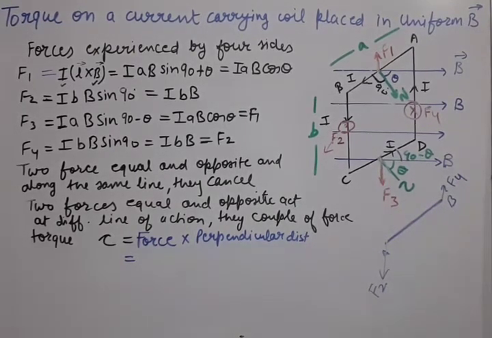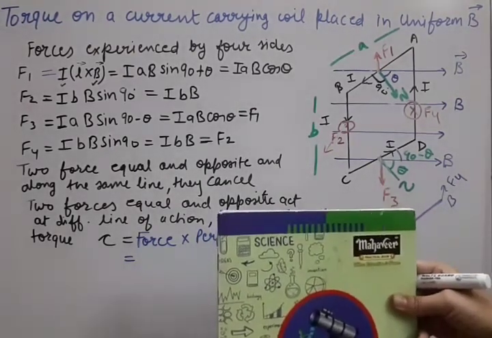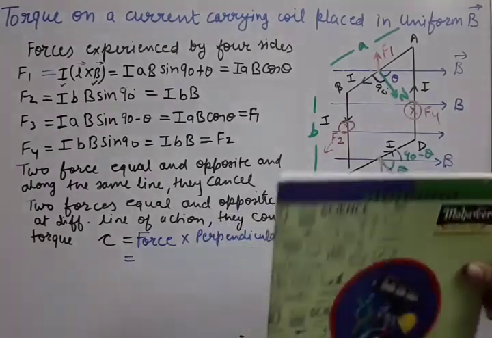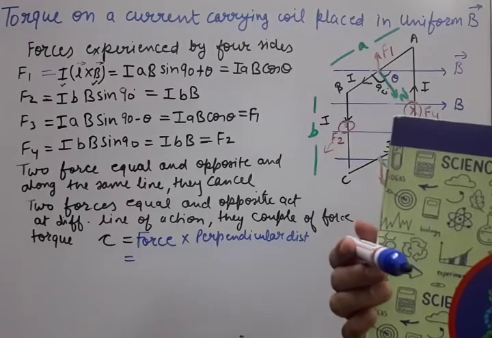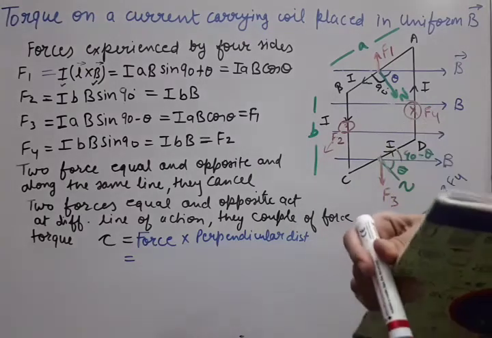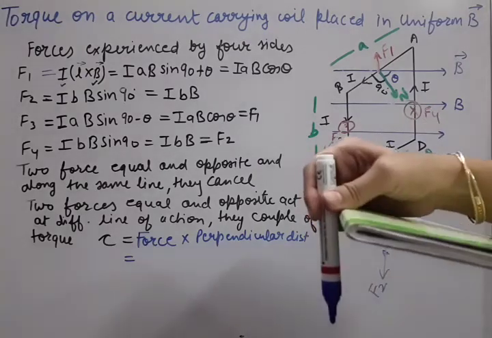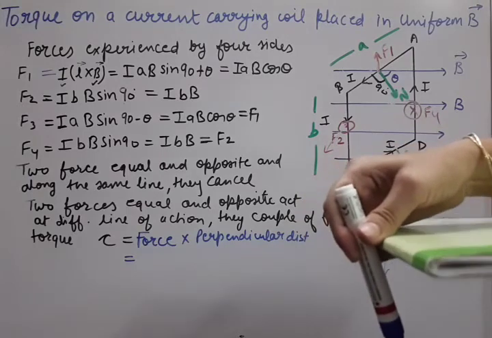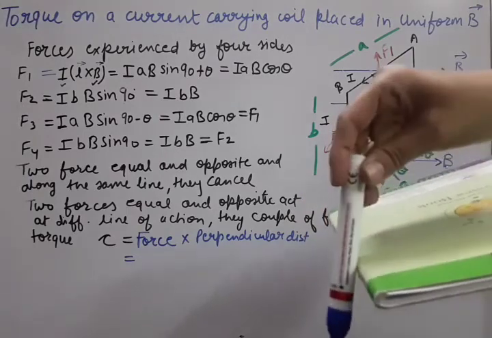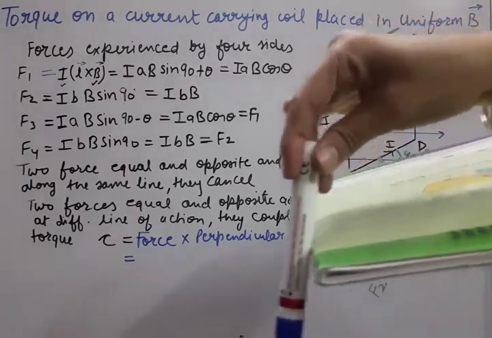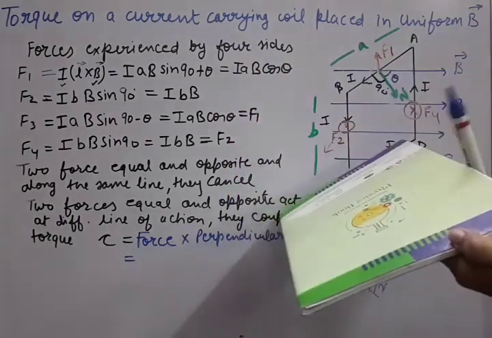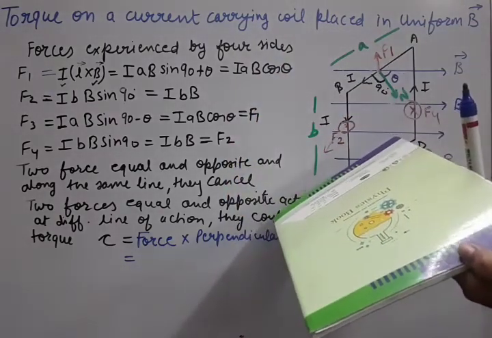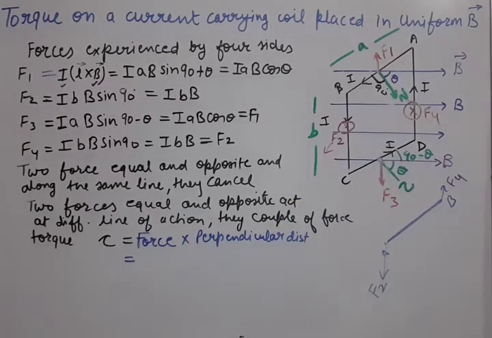It's just that when you have the coil like this, this is the front view. If you see it from the top, you see what was happening here. One force was normally acting outward. So if you see the top view of the coil, one force will be acting here and one force will be acting here. So we have shown that in the form of the top view of the coil.